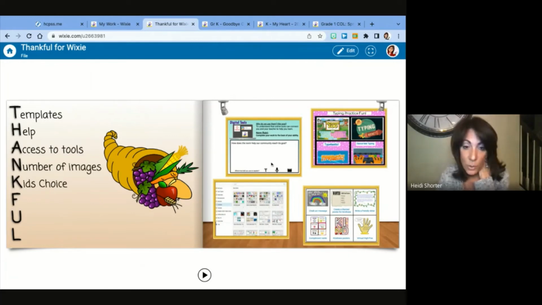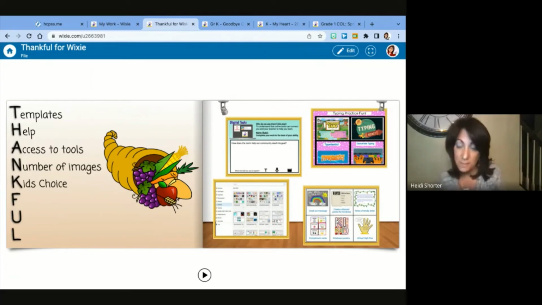tool. If you want to just record and tell me why that rule is important, you can use the record tool, or you can make a video. You don't have to do all three, you can pick. And so it gives those kids, some kids can sit there and tell you what the rule is or what the reasoning is that they want to describe, but they just don't have the typing skills yet. And so Wixie allows them to choose that they can maybe just record it.